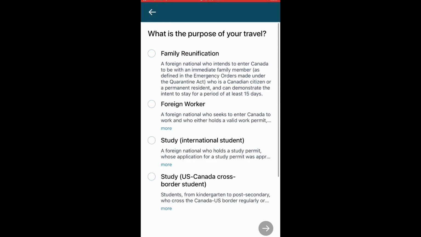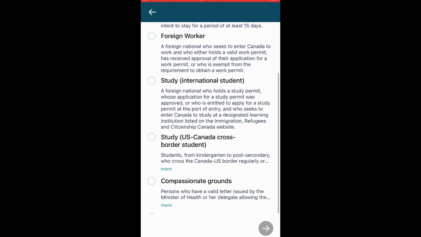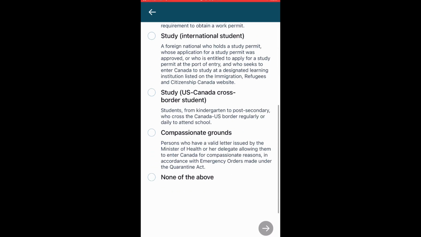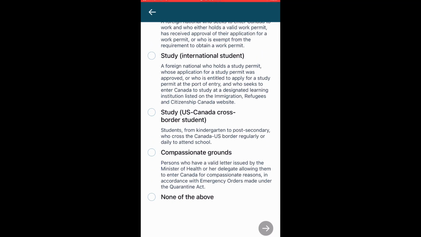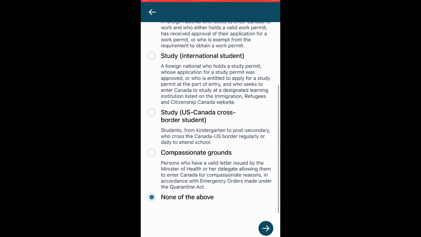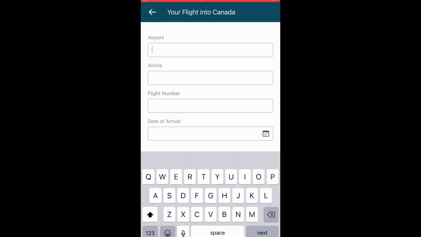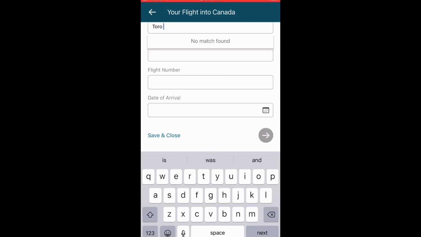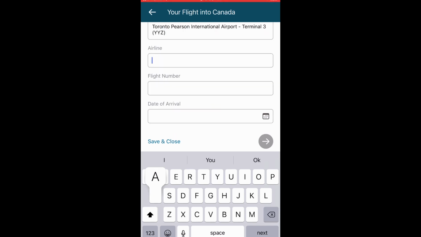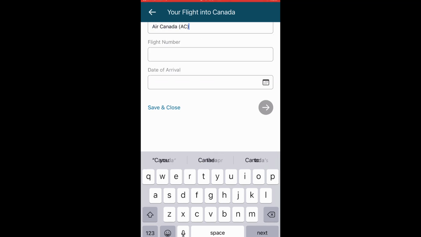Here they have expanded, I mean the page is now scrollable. So click on none of the above. Let's say you are a Canadian permanent resident coming into Canada, entering at Toronto Pearson International Airport Terminal 3 and coming by Air Canada, because Air Canada has a direct flight between New Delhi and Toronto.